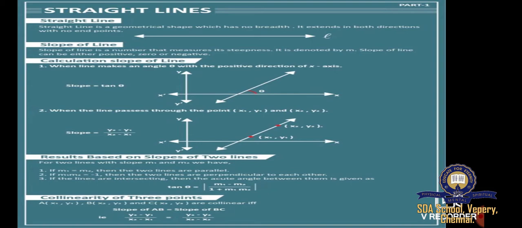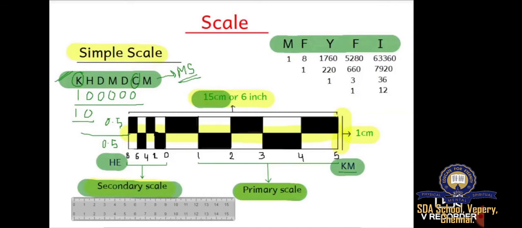This line is divided into parts known as primary divisions. Usually the first primary division on the left is further subdivided into small parts known as secondary divisions. That is the secondary scale, which you can also see. The starting or 0 point of the linear scale should be after the first primary division from the left. The primary divisions are to the right of 0 and the secondary divisions are to the left of 0.